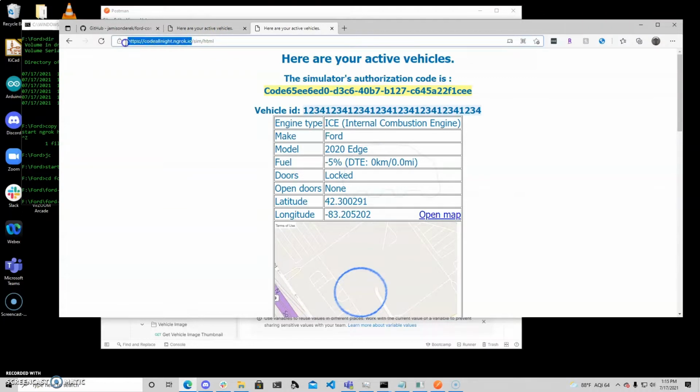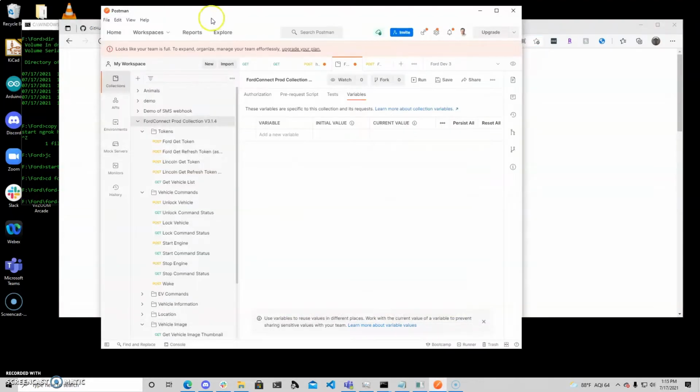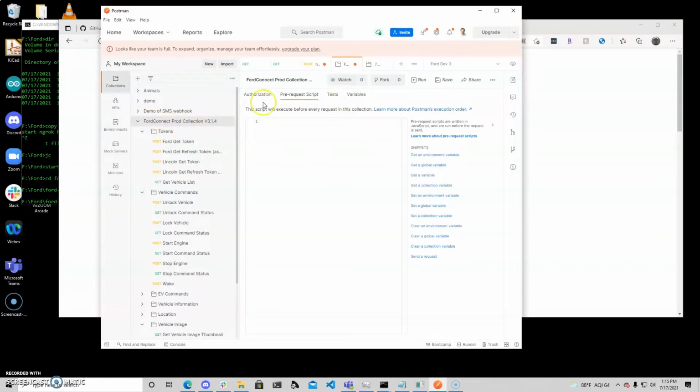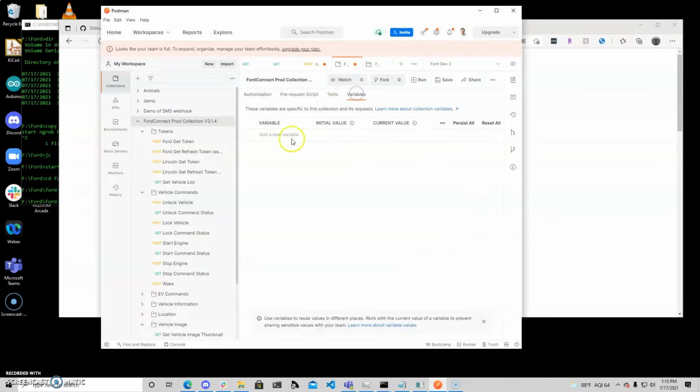So we're going to go ahead and copy whatever your ngrok IO is to the clipboard. And then over in Postman, we're going to click on the collection that you have. I don't know which tab you'll be on, but you want to be on the variables tab here. And we're going to type in domain, initial value, final value. All right, so now that we have that,